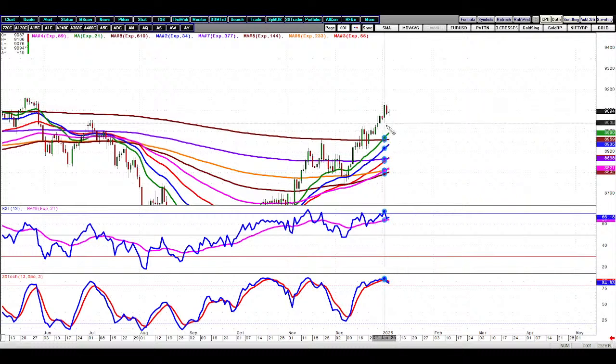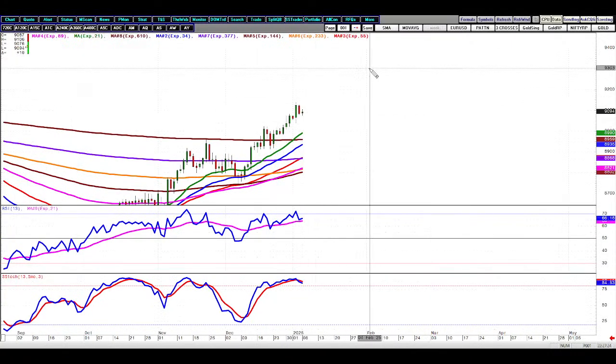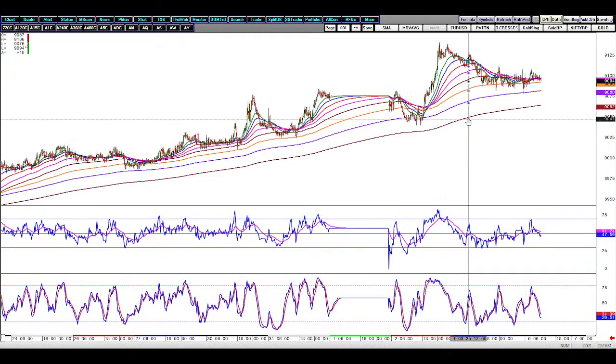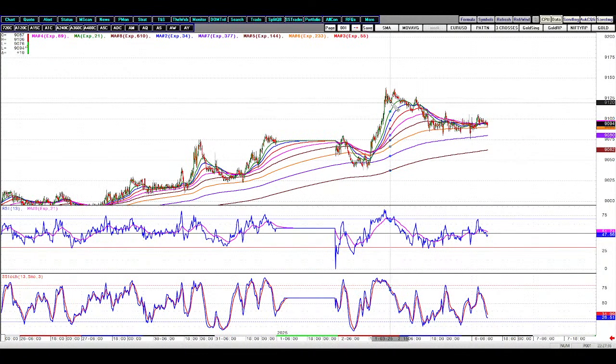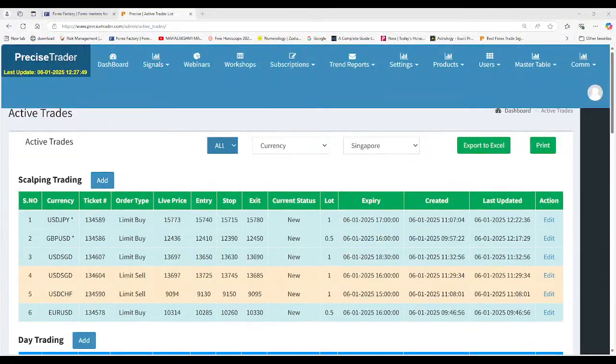So if 90.40 breaks, then we may see the price moving lower, or we may see one more spike up before the price is turning down. Okay, so how am I to trade this? Okay, looking at this market on the 15-minute, it broke, then there is a polarity change here, now consolidating. So maybe I would want to go for a cautious sell and cautious buy, okay, as of now. Okay, so now let's see what call we have given. I think we have given a sell call.